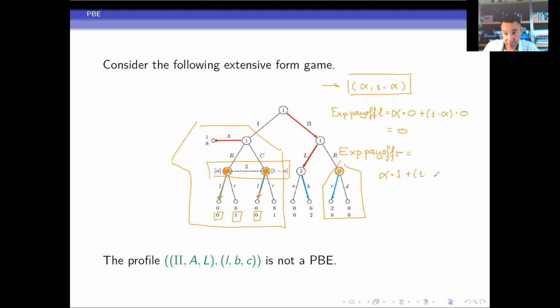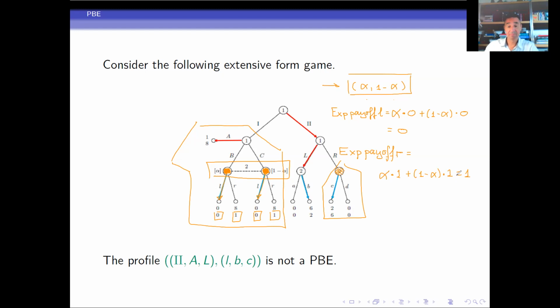And with probability 1 minus alpha, you also get 1. And that is then 1. So given that belief, the best action to take is to choose R. Of course, that's not very surprising because the payoffs are, you could say, constant,